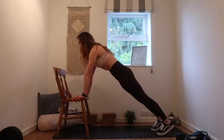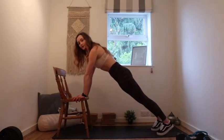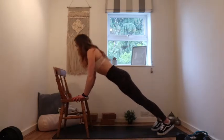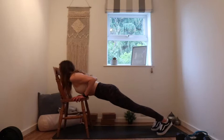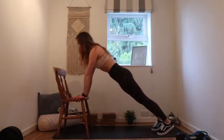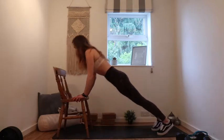Core strong, glutes slightly tucked under, so you're really squeezing them. That was 1 rep. Inhale, lower, exhale, push back up. 2, 3, reach through the crown of the head. 4, really drive through the hands. 5,